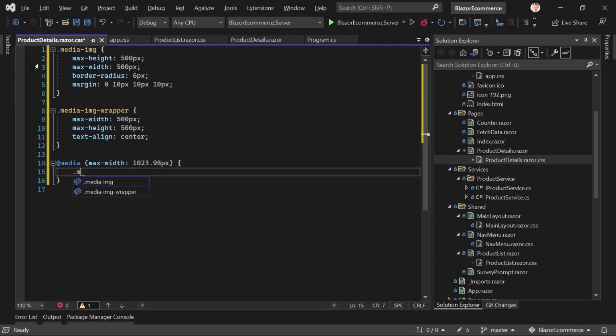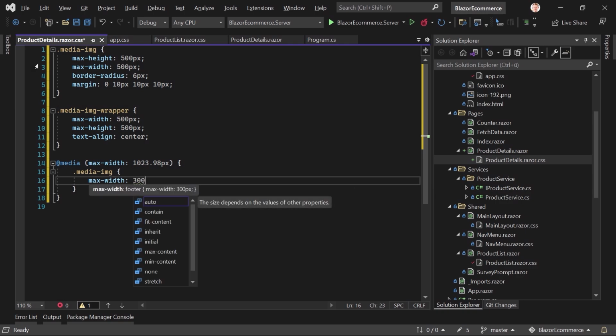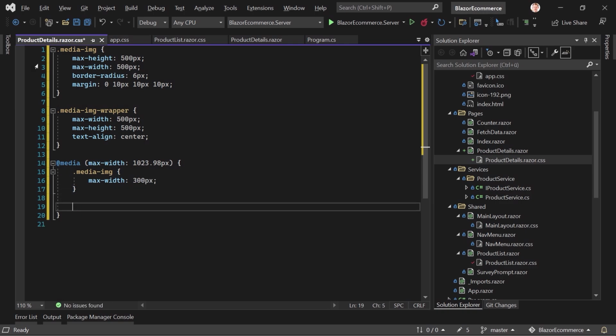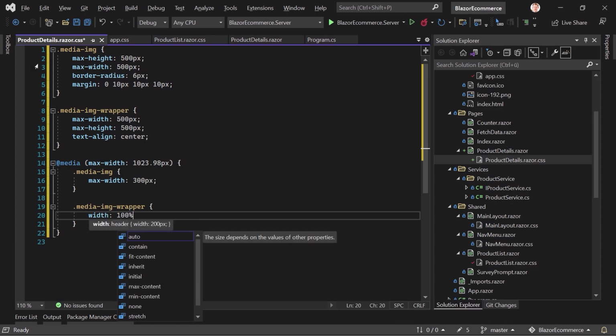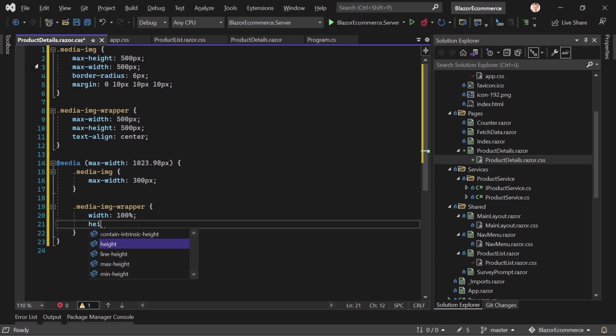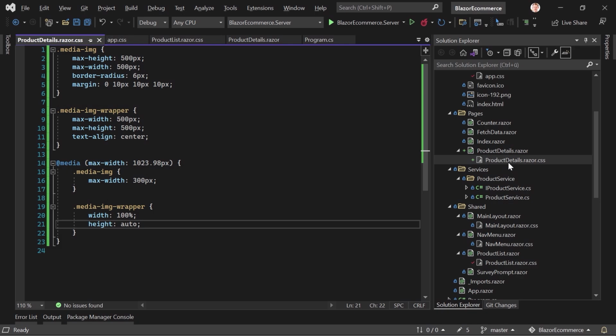And in this case, we say the media image gets a max width of 300 pixels, and the media image wrapper gets a width of 100%, and the height then is set to auto. All right. And now the last thing is, well, fixing the URL actually, because in our product list